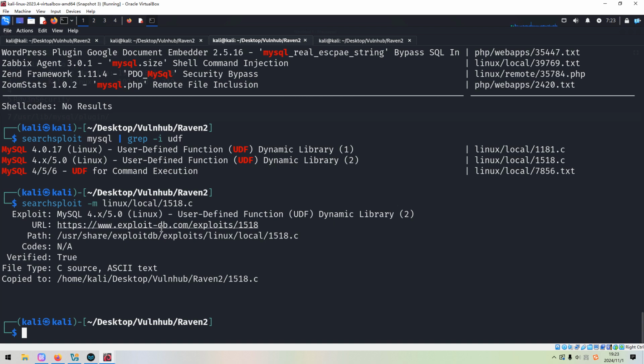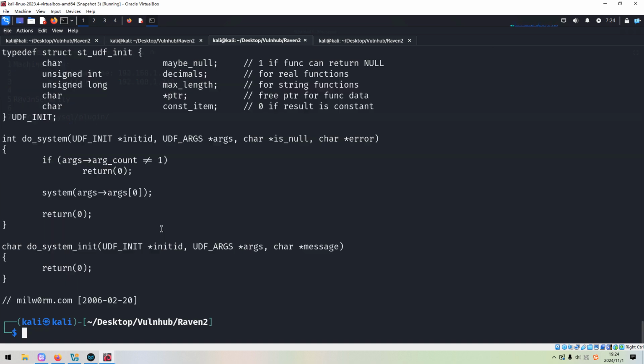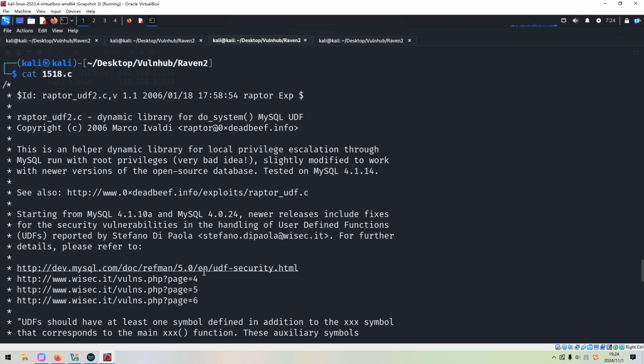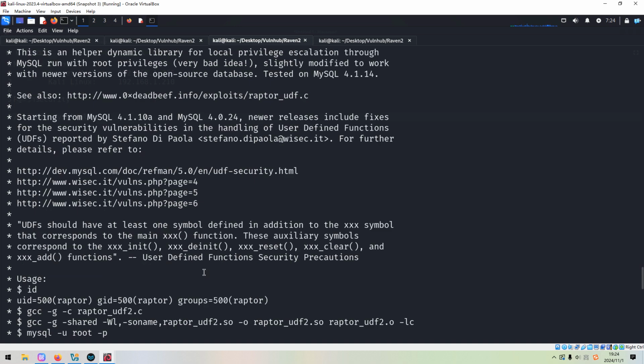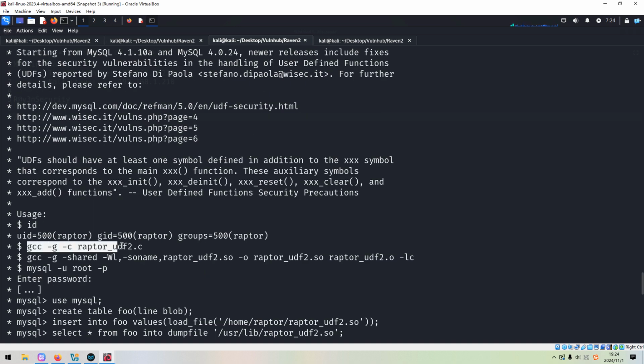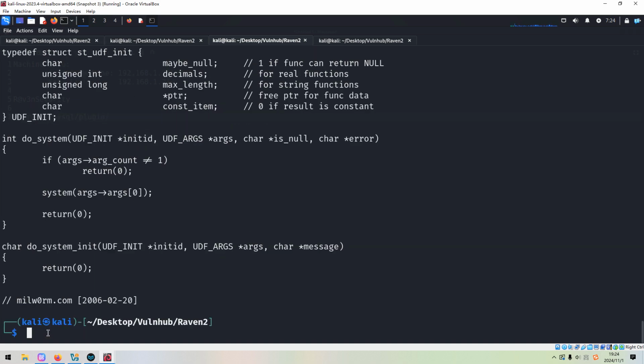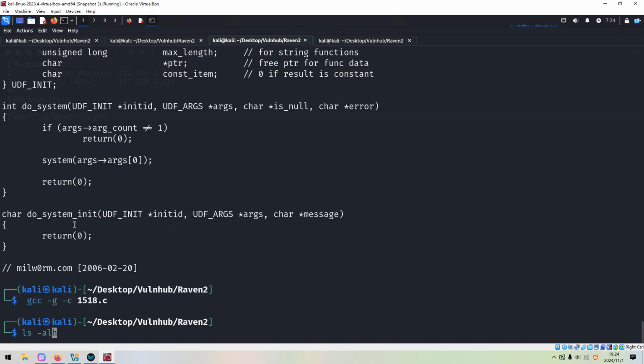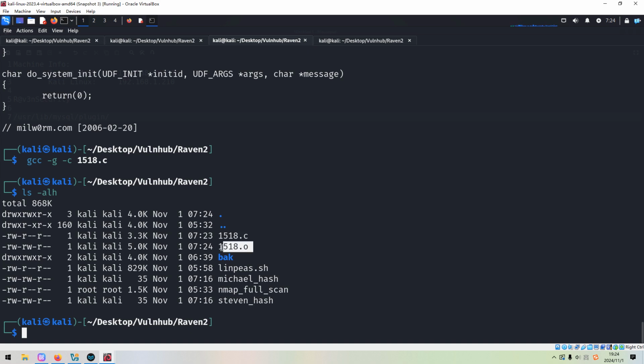However, how to do? We do not even need to go to Google to do some research. The code itself always contains some usage or help. We can cat out this code. We just follow the instructions which are given to us inside this code. As you can see, we can run it. Of course, the file name is not this one. We need to do some modification. It's done. And this file is generated.